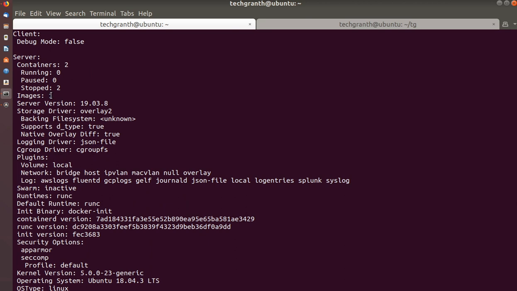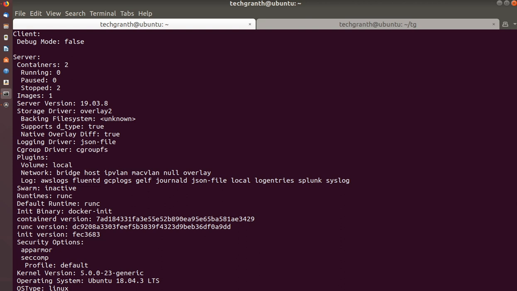We have one image only, which is Alpine we were using. Storage driver we have overlay2, and the logging driver is json-file, and the cgroup driver is cgroupfs. It means we are using json-file for our log files, and cgroups for isolation, right?